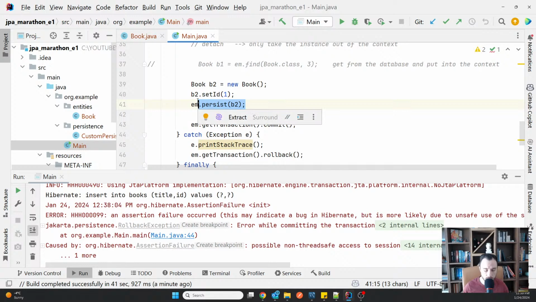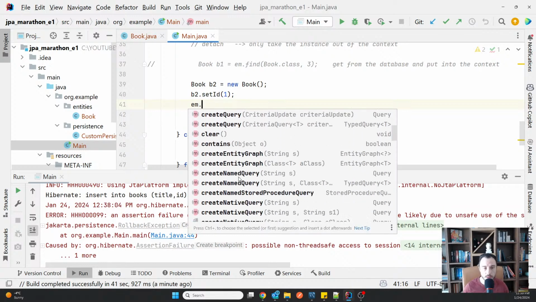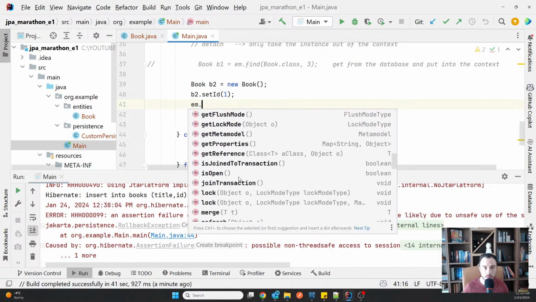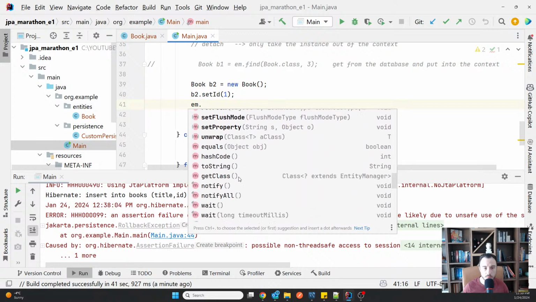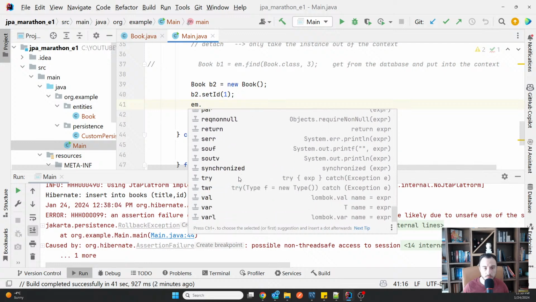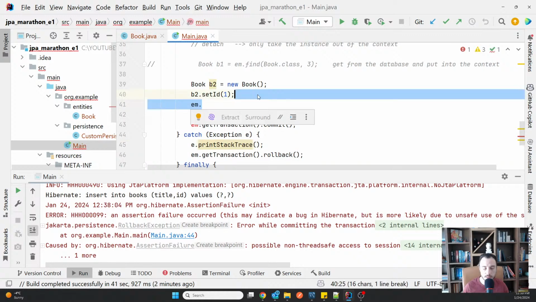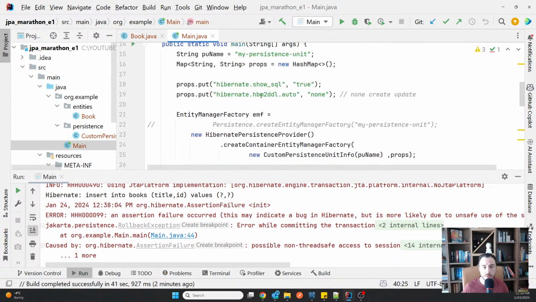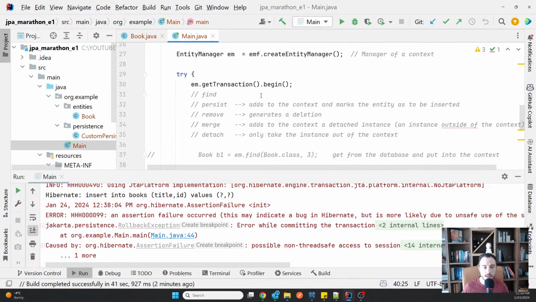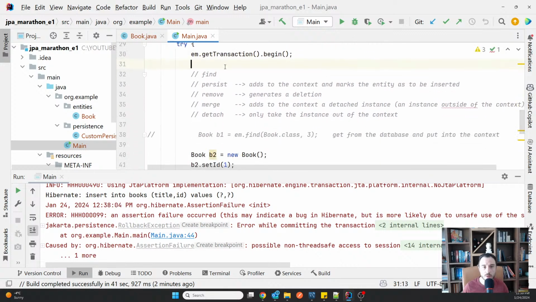What else do we have here? Anything that I've missed? Okay, fine enough. So these are basically the operations. So now what I want you to imagine is that you work with the context itself. I still feel that I'm missing something here, but anyway, you can find something from the DB.